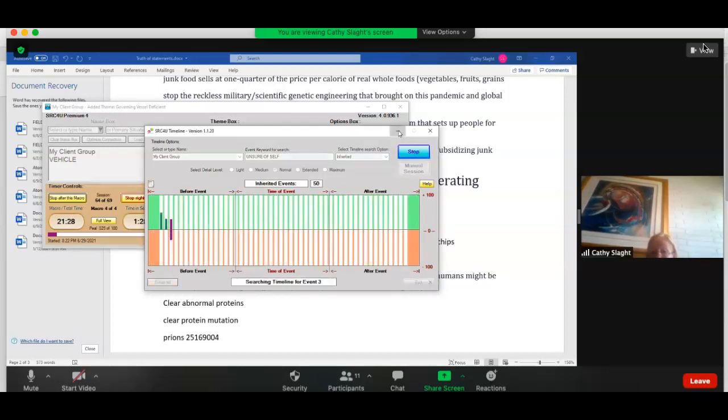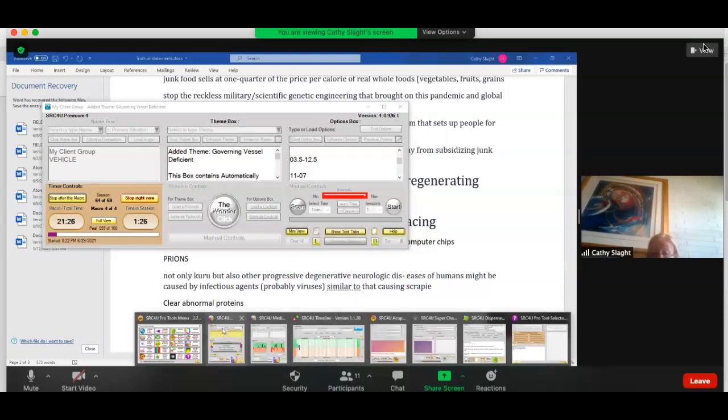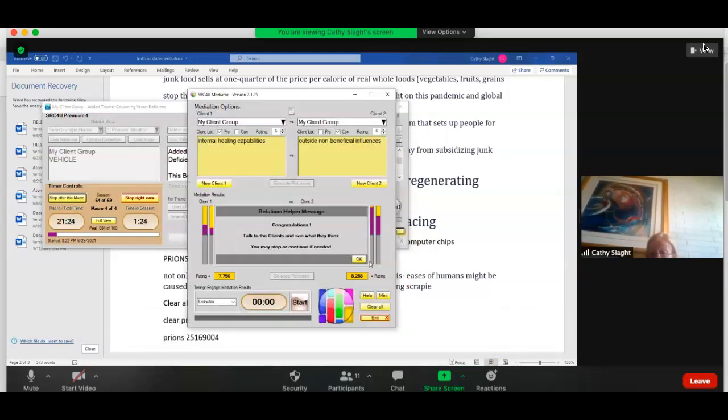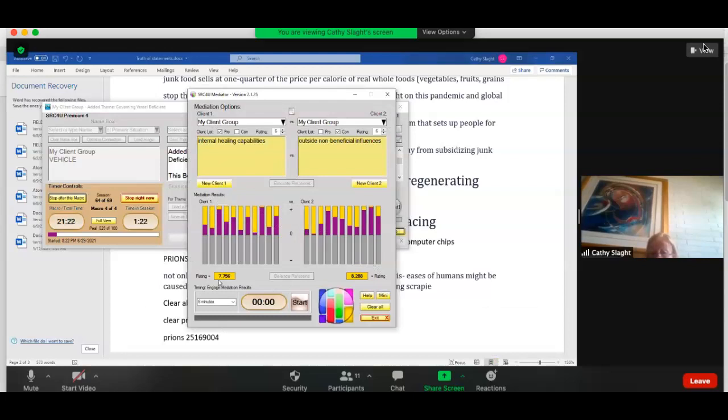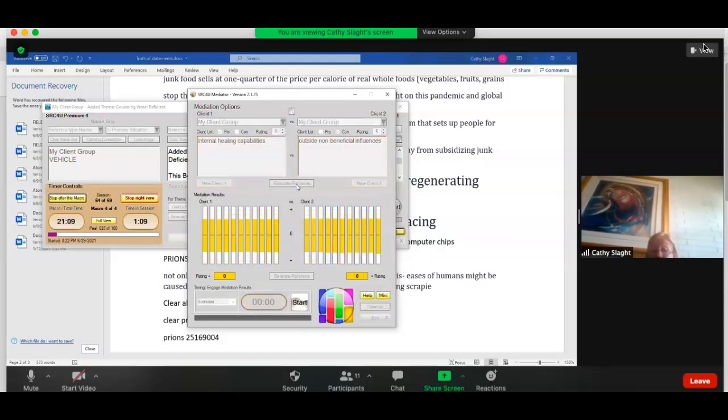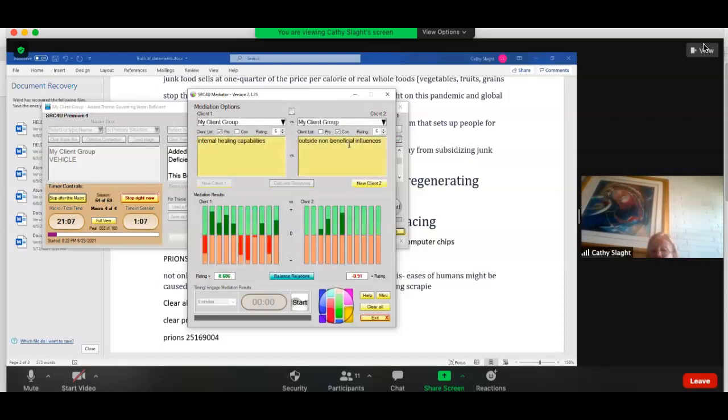Okay, so let's just let that go. And then also over here. Now, yesterday we were a little bit lower on the pro. But this is internal healing capabilities. So taking that out and putting it back in, which activates our tabs here. And we're wanting to clear outside non-beneficial influences. So we'll come back to that. But anyway, so